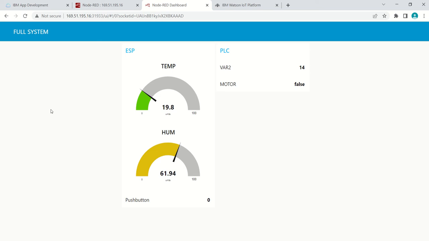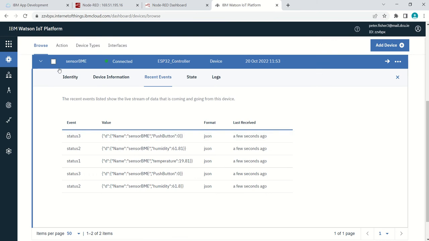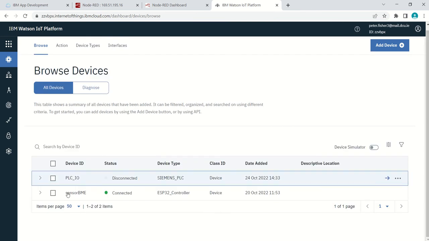So I keep saying it's the last video, but we're nearly there. What we're trying to do is get this push button value to come back and take effect on the PLC. And what we have to do is create another device, because what would be nice is